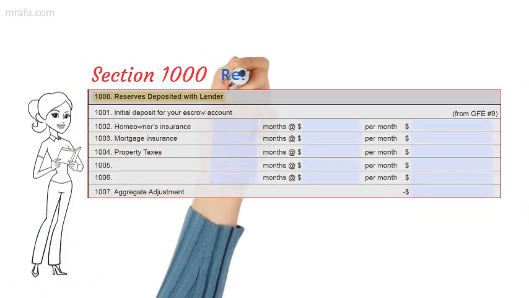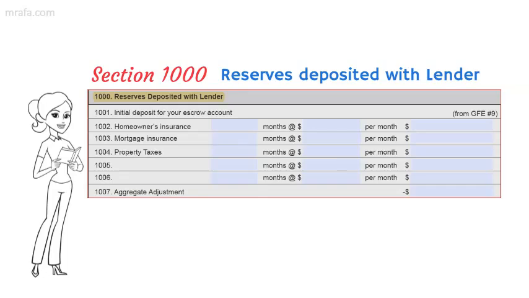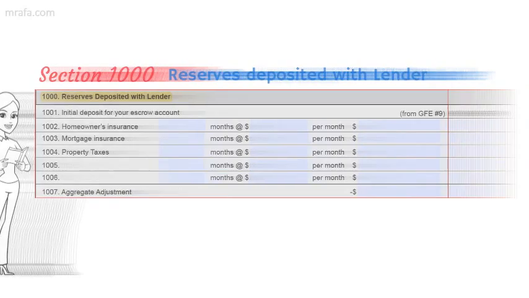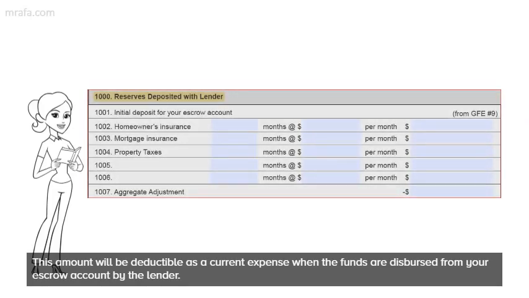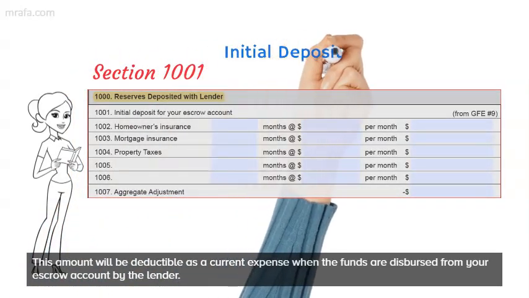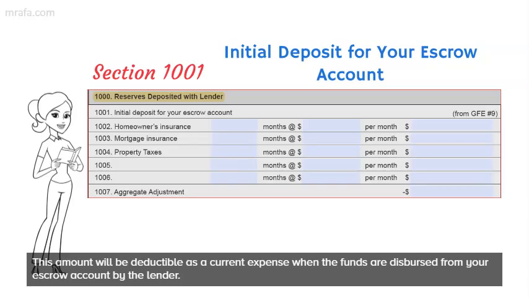Okay, so let's move to section 1000. These are the reserves deposited with the lender. So section 1001, this is reserves, meaning like a deposit or a down payment. So it details how much was deposited to the escrow account, and whatever amount here was deposited to the escrow account,